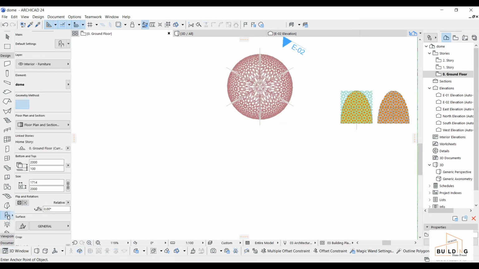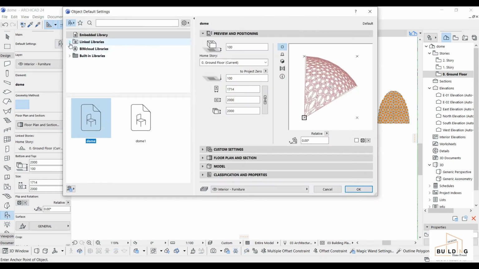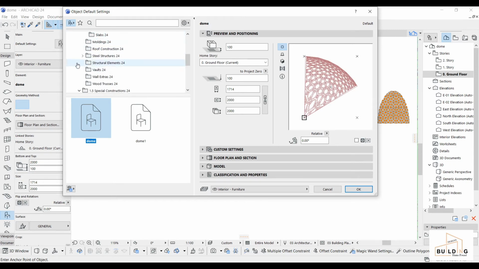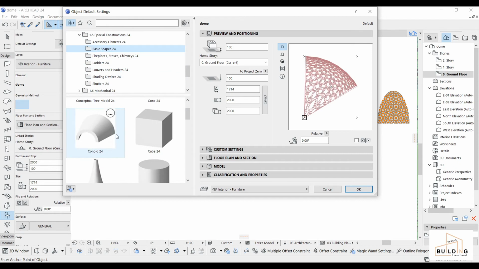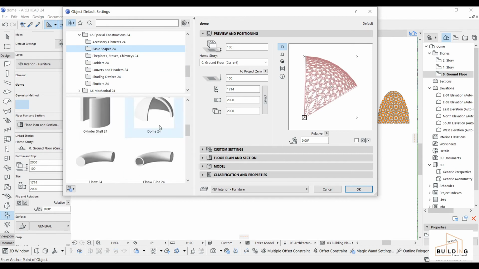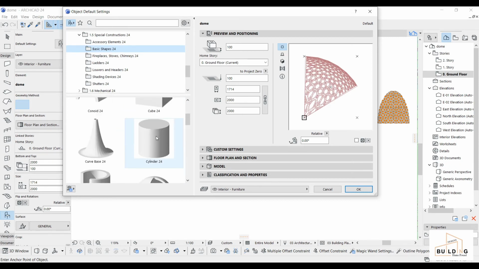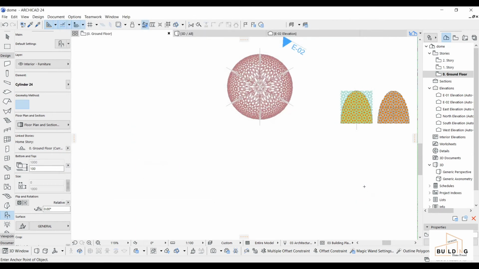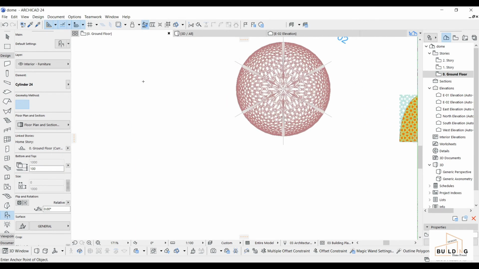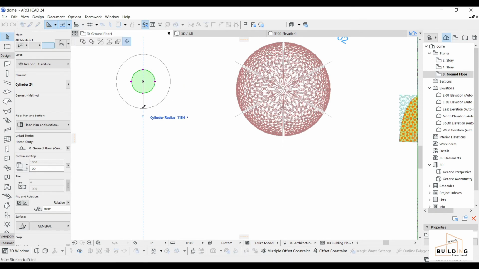we'll select the object tool, and then we will go to the basics and furnitures, building construction, and then special construction, basic shapes, and then I will select, there's a couple of things, so I will select cylinder, and then okay. So I know the radius of this circle, which is 2000. I'll increase it to 2000,